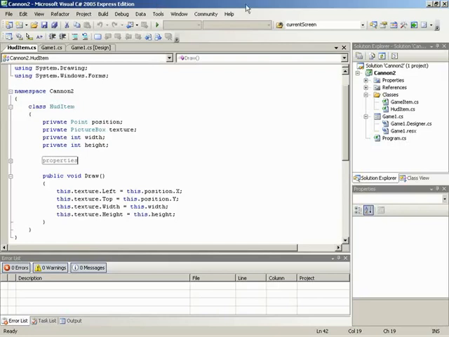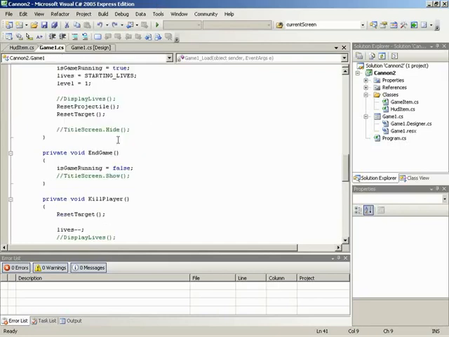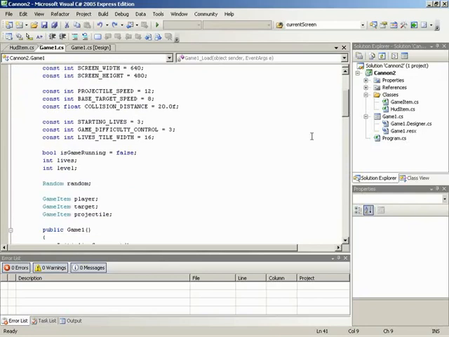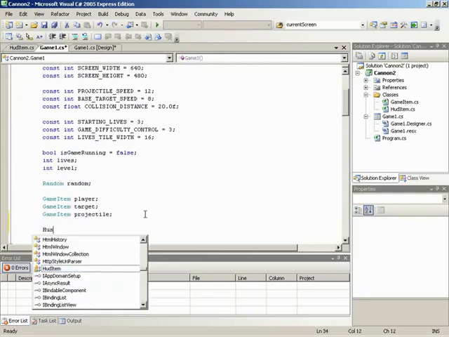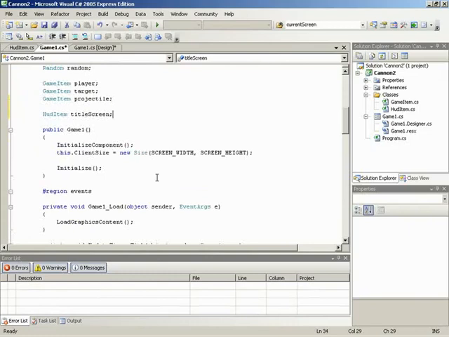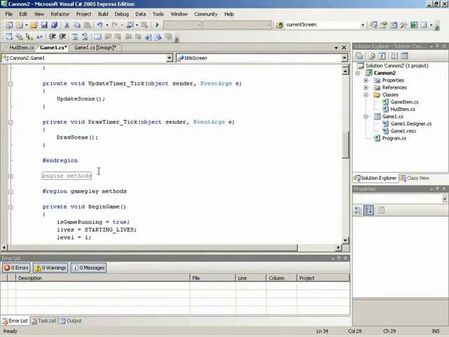All right, let's jump into our main game code. And from here, let's go all the way back up to the top where we were defining variables. And let's define a variable for the title screen HUD item. This is, of course, going to be a HUD item, and it's called title screen. Okay. All right, now we need to get this created, so we'll jump to initialize, which should be up under